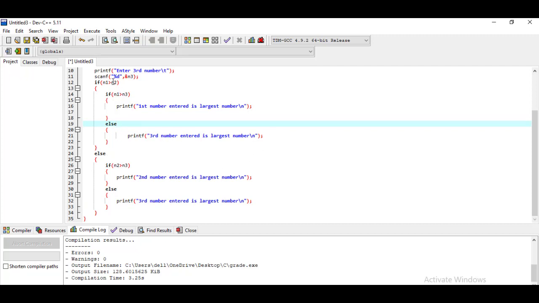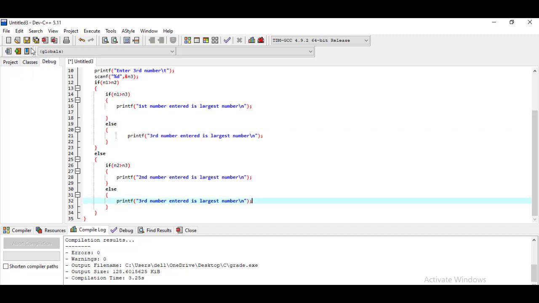Else, within this else we have also checked whether number 2 is greater than number 3. If number 2 is greater than number 3, then it will display us the message the second number is the largest number, else it will display the message that the third number is the largest number.